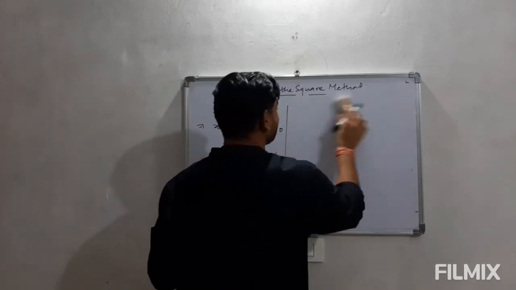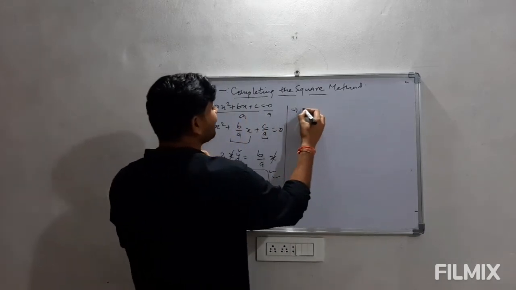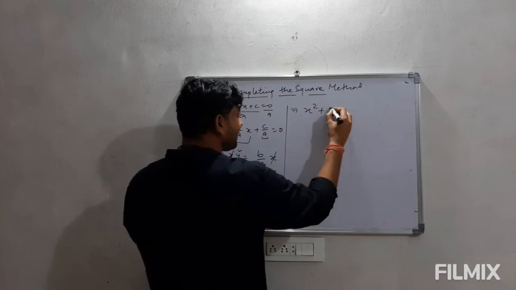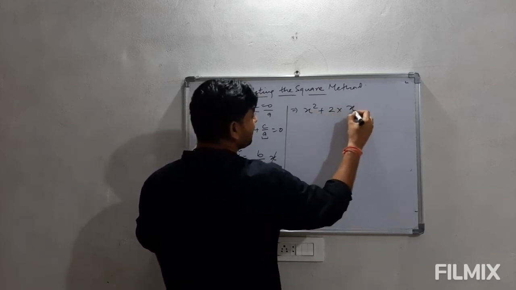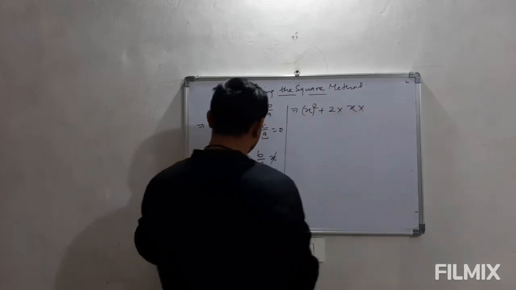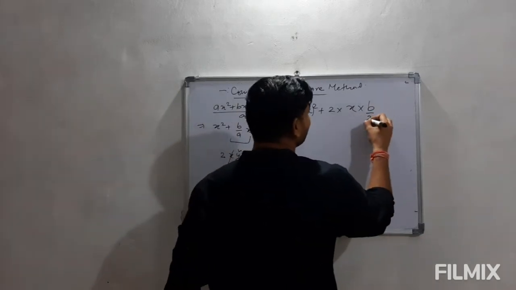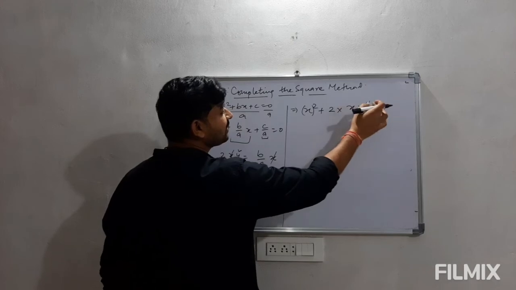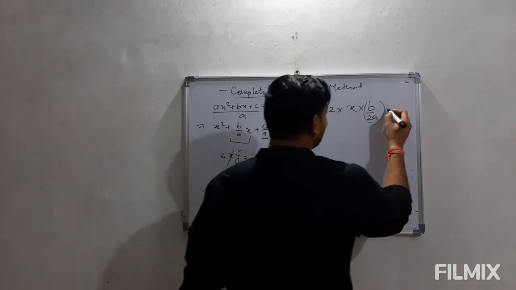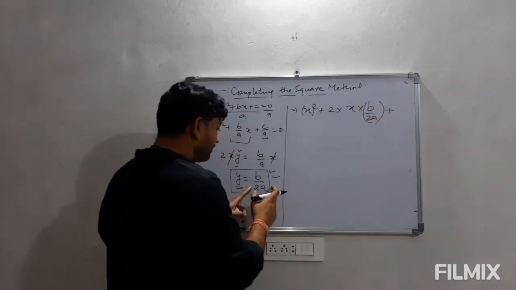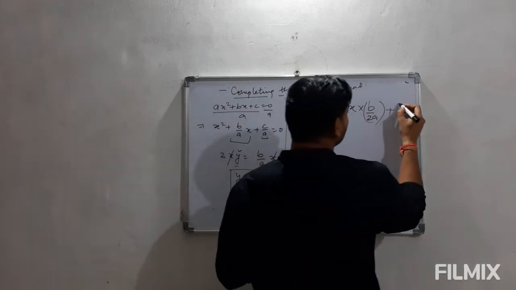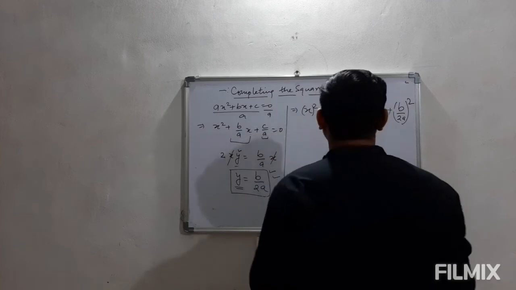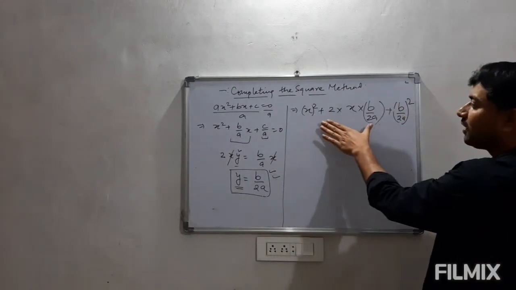So what I am going to do here is x square plus the middle term as it is. We can rewrite it as 2 into the first term x, into the value of y, which is b upon 2a. It is nothing but this only, b upon a x. If we cancel this 2, we will be getting b upon a x only. Now we have to insert this term b upon 2a, and that too in a square format, so that we can have the perfect square out of this.